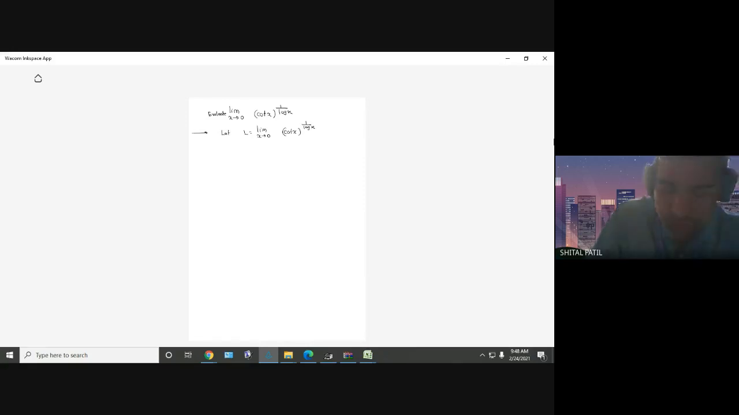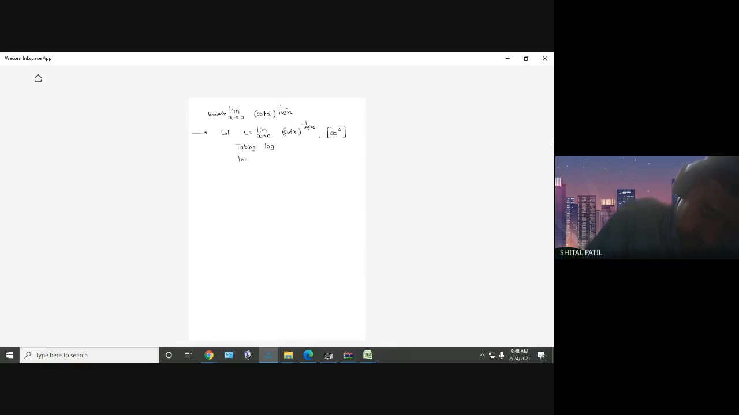Substitute x equal to 0. What is cot of 0? Tan of 0 is 0, but cot is 1 upon tan, na? So infinity. And log of 0 is infinity. 1 upon infinity is 0. So infinity raised to 0 form. So right, taking log